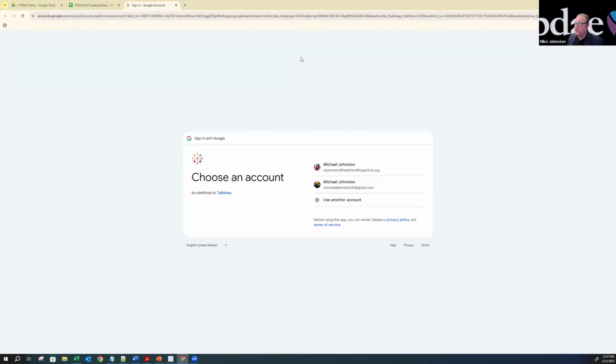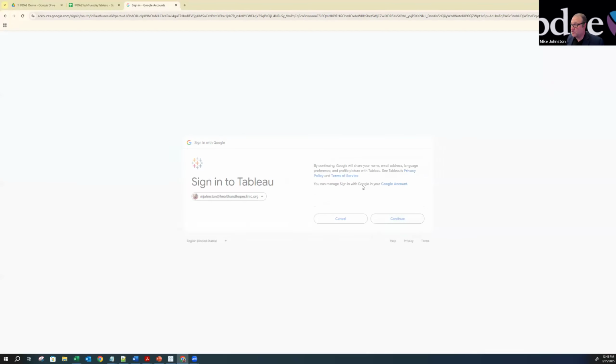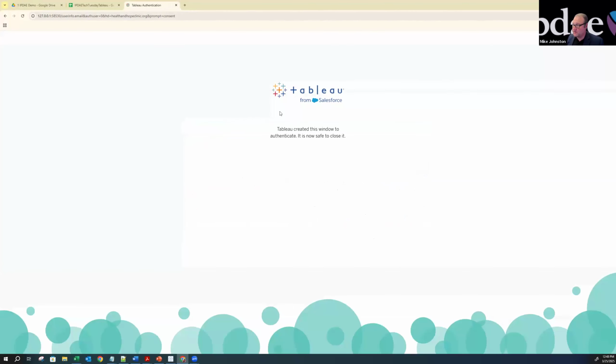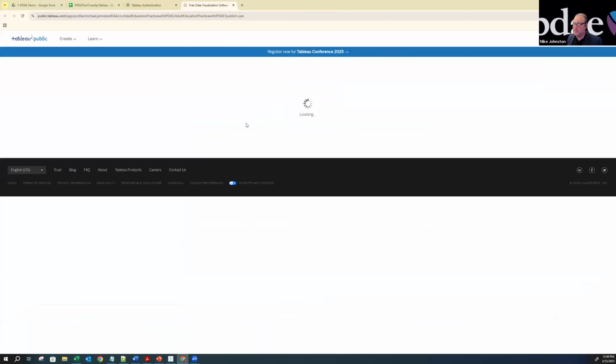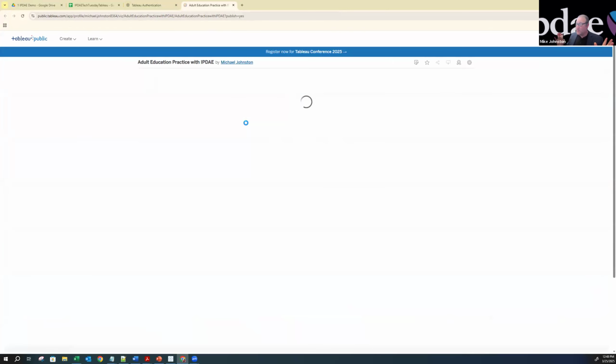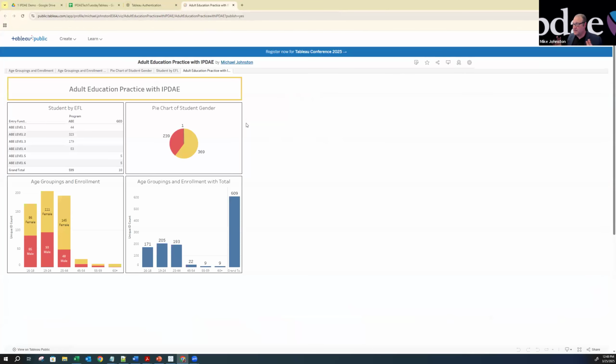Now I click Save, and this is going to prompt me to open up my Tableau Public account. So I'm going to click my Google Drive account access that I had access to. It's re-authenticating, so I feel pretty good about that. Since that's authenticated again, it's going to now push this to Tableau Public. So colleagues, this is all this is, and now this is a public visualization.